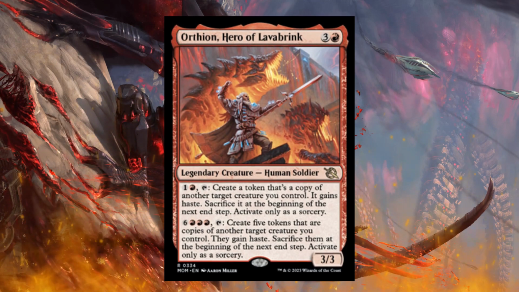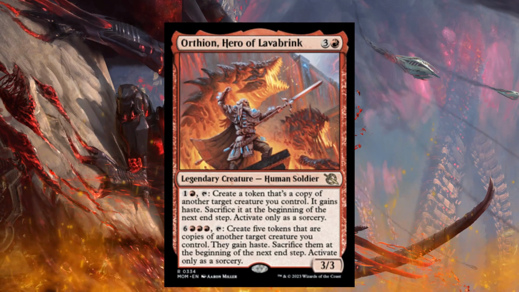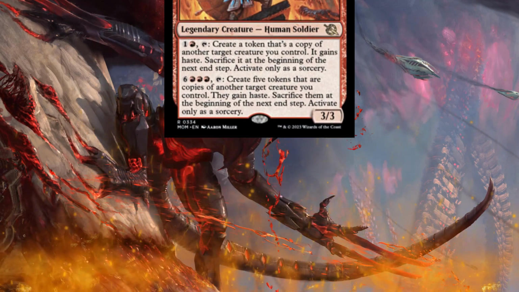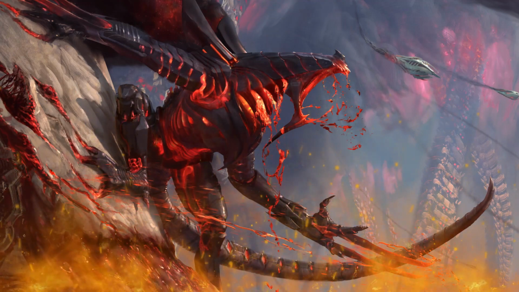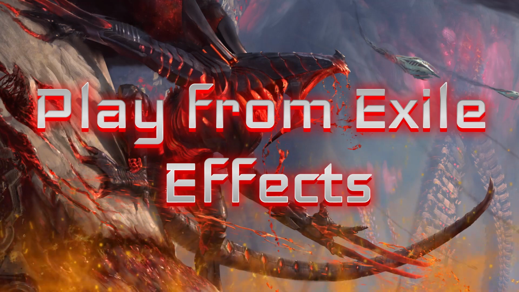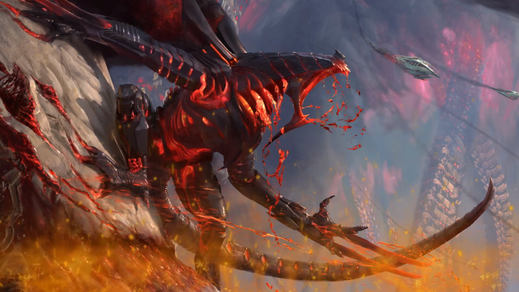Because of the legendary rule, we can't keep those tokens, but again, we want that ETB. We definitely want that big effect so that we could get a lot of power out of that. But when we do play from Exile, we have a lot of great effects in the deck right here. We want to make sure that we could get a lot of value for our commander, so we do have